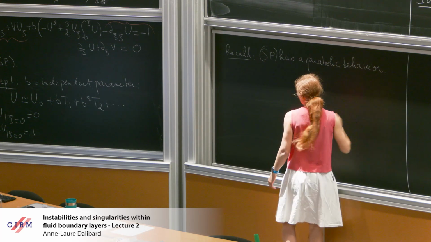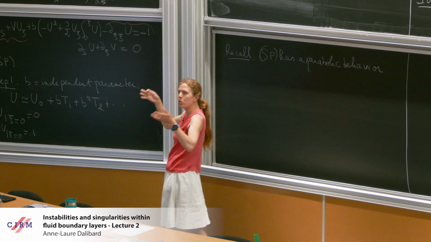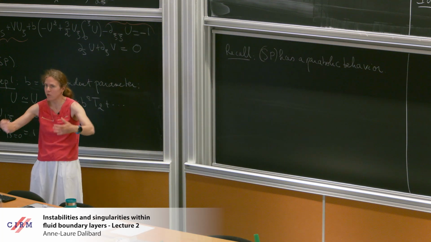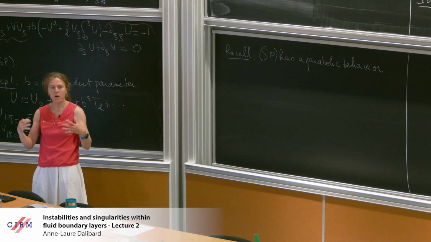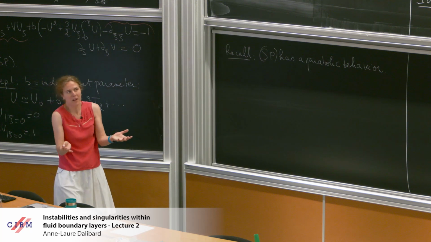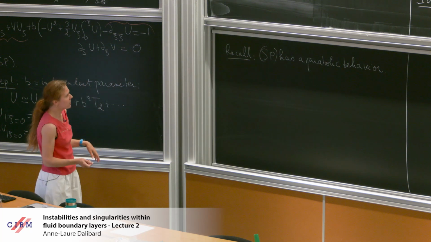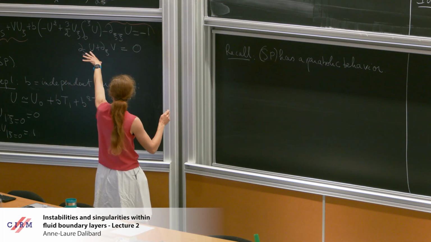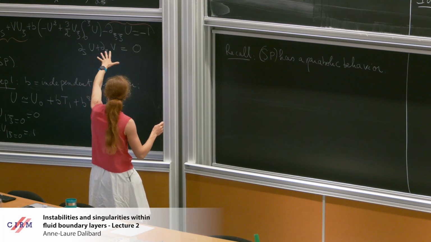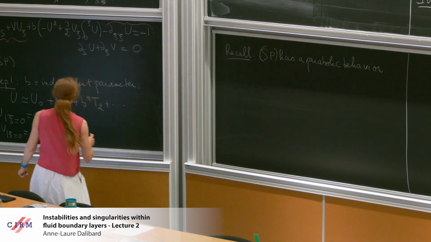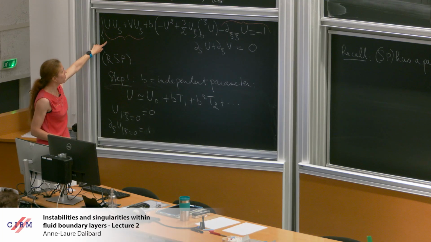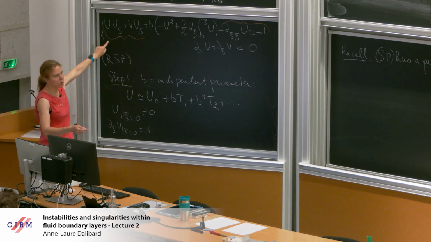And you remember I introduced this operator mu, which behaved more or less like a division by u, and which allowed you to actually see or highlight this parabolic behavior. And so in that case, you can do exactly the same thing for this equation here. So you write the equation for U minus Un, you apply the operator mu, and what you obtain